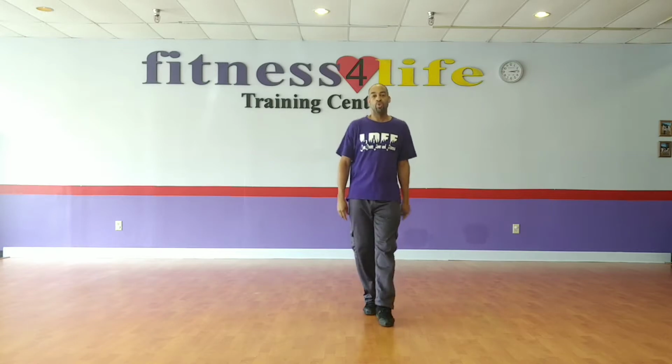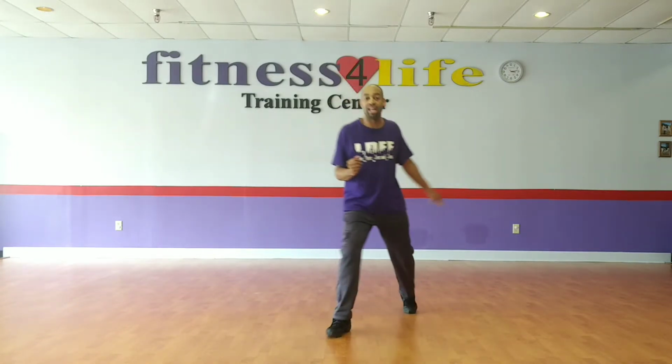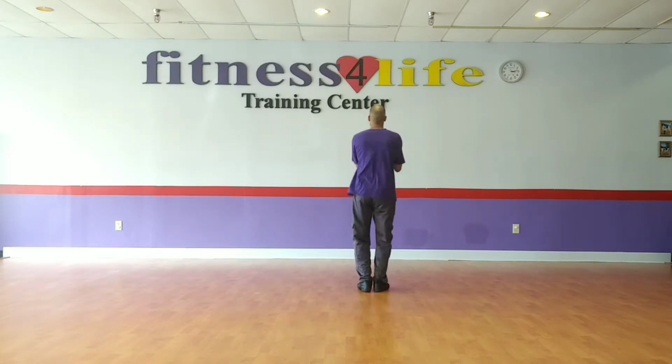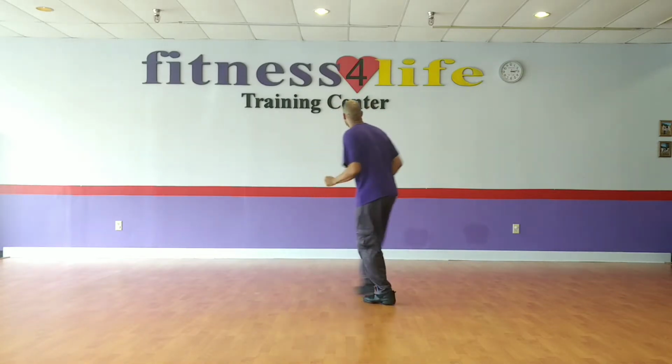On the left, with the cha-cha. Right step, drag with the cha-cha. On the left, slide back right, slide back left, slide back right. Cha-cha half turn left to the chorus, also up 4 times. On the right and left, right out and back, left out and back, right out and back, left out, push,